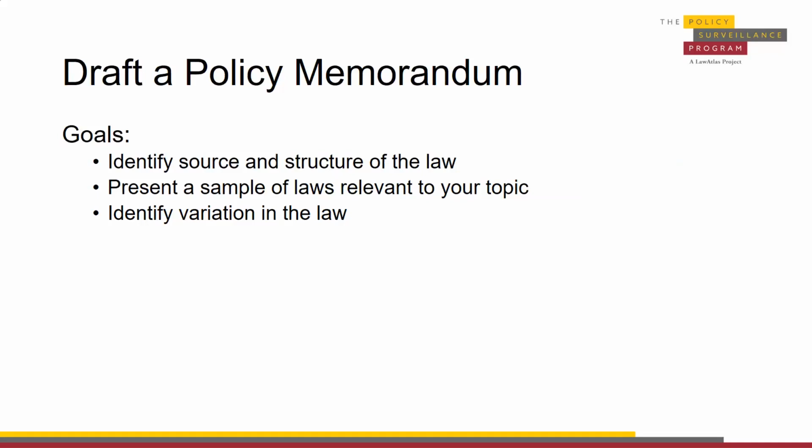So after identifying the sources of laws that can be collected for each jurisdiction, the policy memorandum is then able to present a sample of relevant laws for each of the 5 jurisdictions analyzed within. And then most importantly, perhaps, the policy memorandum will allow us to compare the samples of relevant laws in each of these 5 jurisdictions to identify variations of the law. At the end of the day, what we're trying to do in policy surveillance is identify these variations across jurisdictions and across time so that we can have